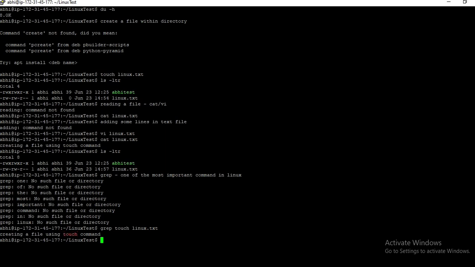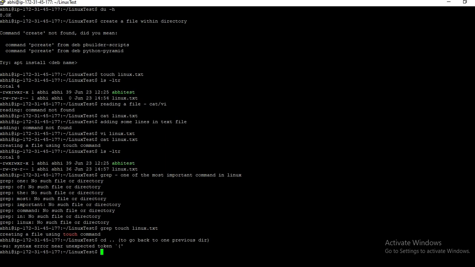As we had entered before into this text file, we can see that the touch phrase is printed in red. So that's how you use the grep command: grep, phrase, and the file name. The phrase was touch and linux.txt was the file name.